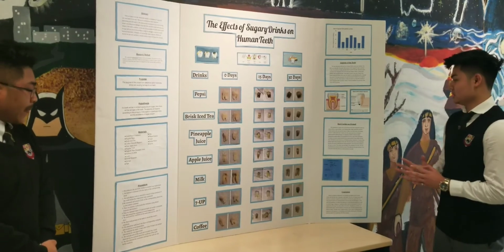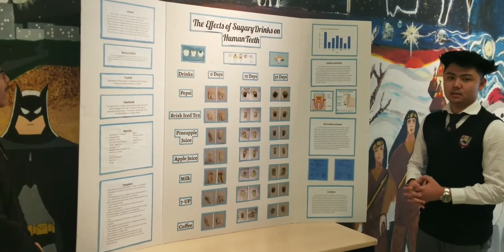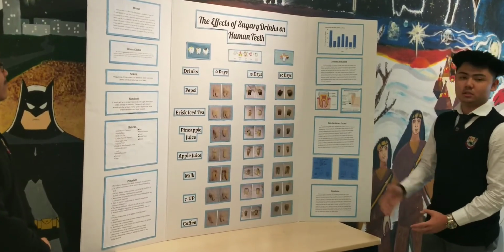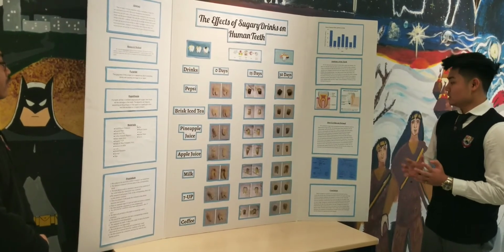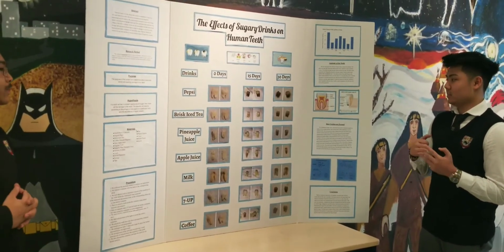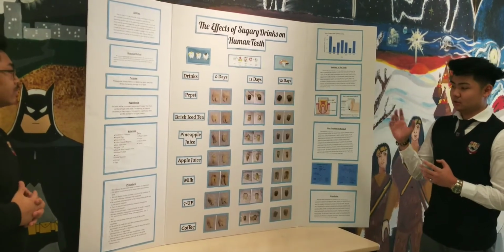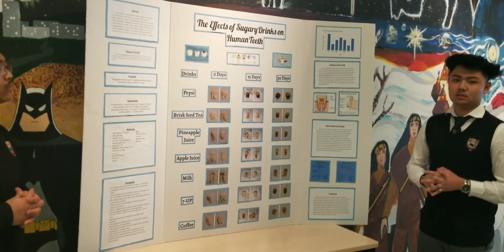Now we're going to explain how cavities are formed. In our experiment, we had the sugar and the teeth, which, like I said earlier, did not form cavities. Through our research, we realized that we were missing a key component, which is bacteria. We realized that we needed sugar, the tooth, and bacteria in order to form cavities. After we drink sugary drinks, especially ones that contain sucrose, there are sticky glycoproteins in the sucrose which